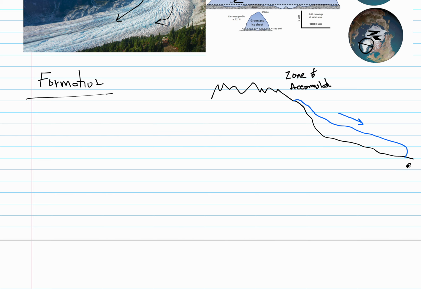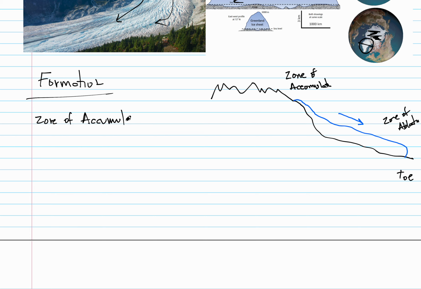And down here at the toe, where it is much warmer and things are melting, this is called the zone of ablation. And ablation means melting and getting rid of. Zone of ablation. We can add some definition. Let's see, do we need to add anything here? Let's just do this. Let's go zone of